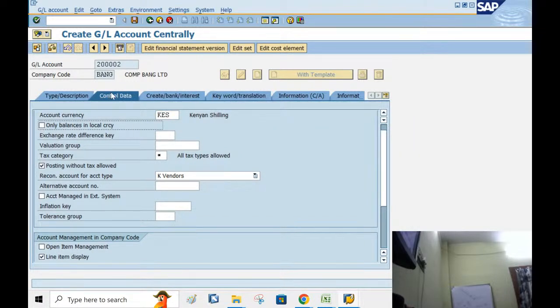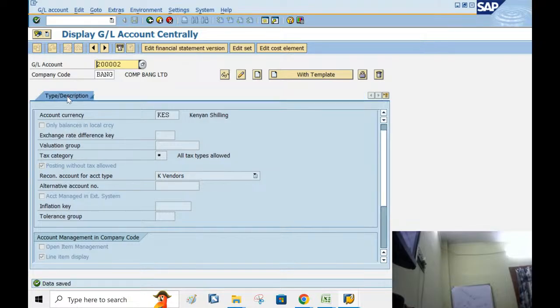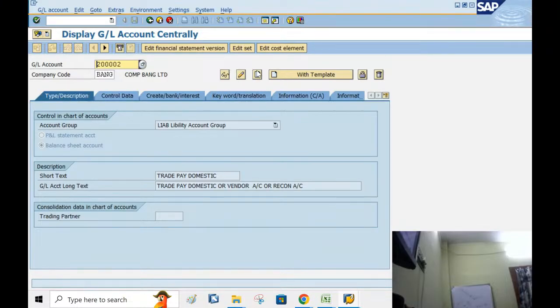So this tick should not be there. That's what he's saying. Data was saved, so you can just check it. 2 lakh to create